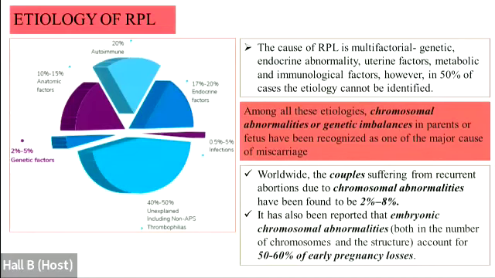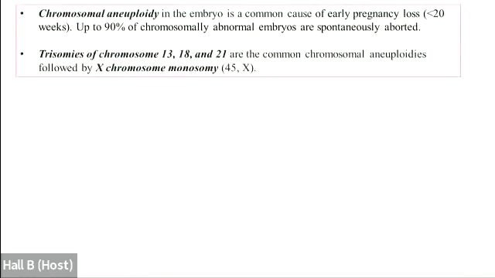Now, worldwide, it has been observed that approximately 2 to 8% of the couples who are suffering from recurrent abortions have some chromosomal abnormalities present in those couples. Also, embryonic chromosomal abnormalities have been seen in 50 to 60% of the early pregnancy losses. Among the chromosomal abnormalities, the aneuploidies are the most common among the embryos, and up to 90% of the chromosomally abnormal embryos are spontaneously aborted. And the common aneuploidies include chromosomes 13, 18, 21, followed by X